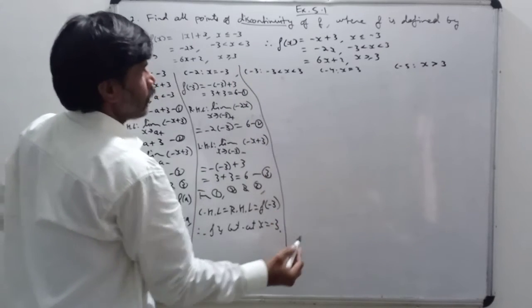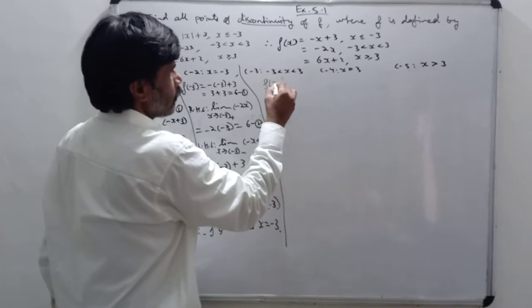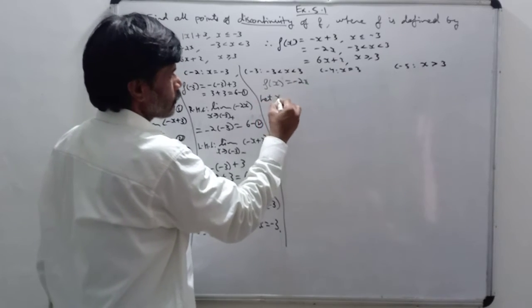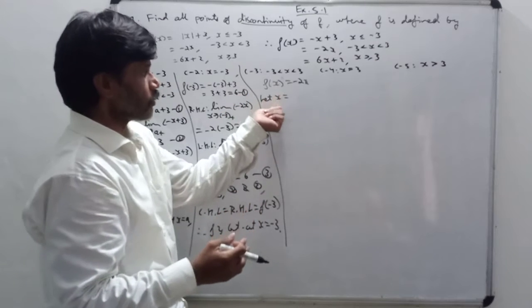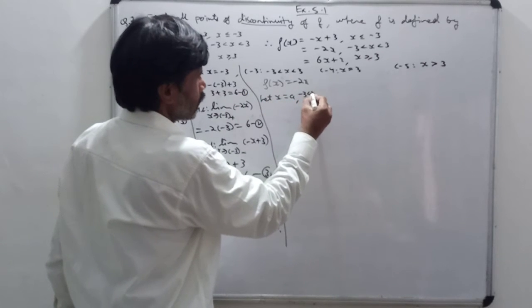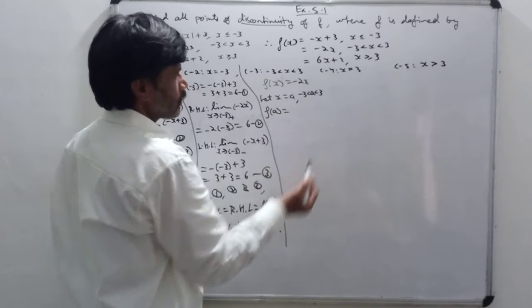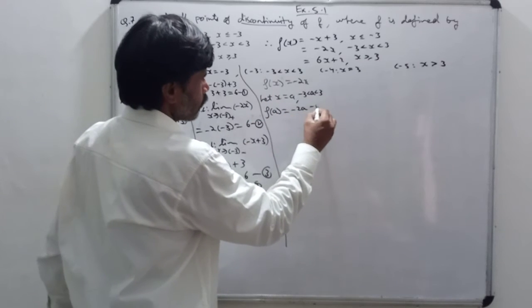Now case 3, when x is between -3 and 3, what is the function? -2x. Now let x = a, because it is not a fixed value. Between -3 and 3 many values will be there, so in that case we assume x = a, where a is between -3 and 3. First of all, find out the value of the function. Between -3 and 3, f(a) will be -2a. Give it 1.